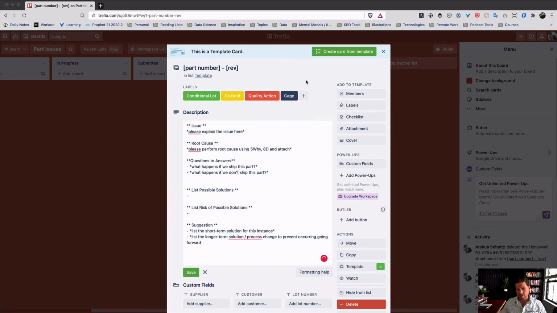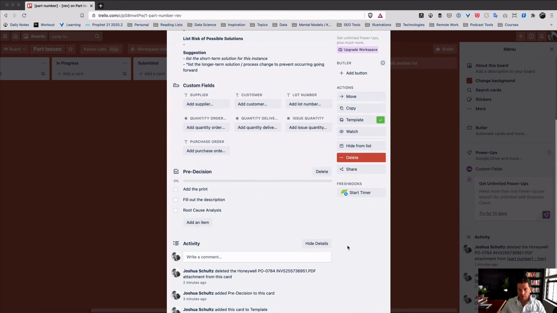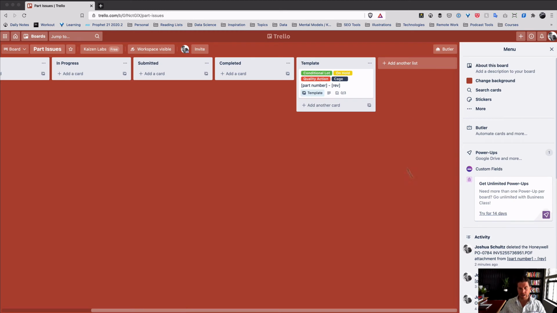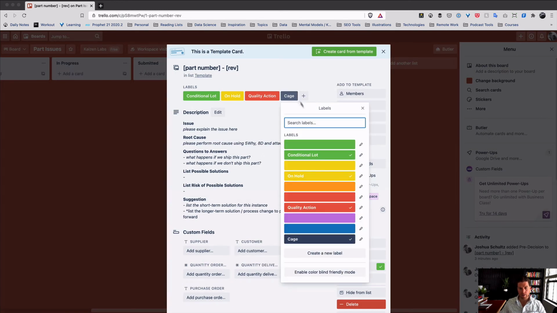And so let's say these are the things that we'd like to track. We want to track how many parts are in the cage. We want to track how many issues are open at one time, how many parts are on hold, and then how many conditional lots we've got. And again, this will make more sense in part 3, but we kind of need to create these now. So all of that, I can now just get out of this card. I'm actually going to pull these tags off because we don't want them on the